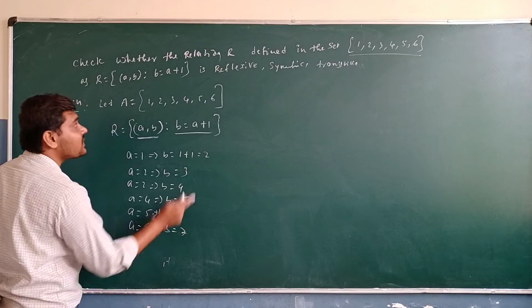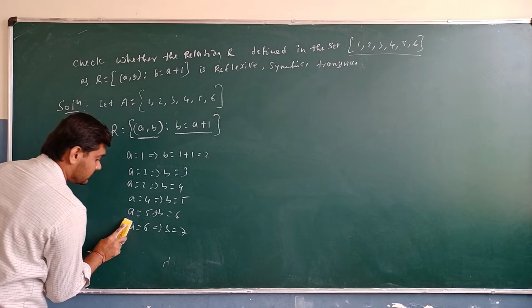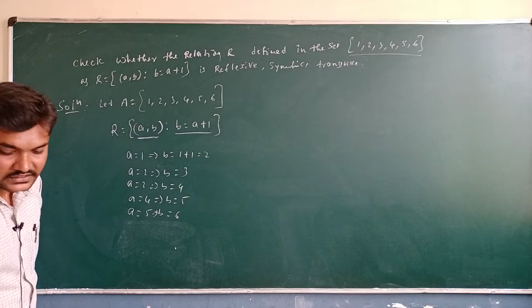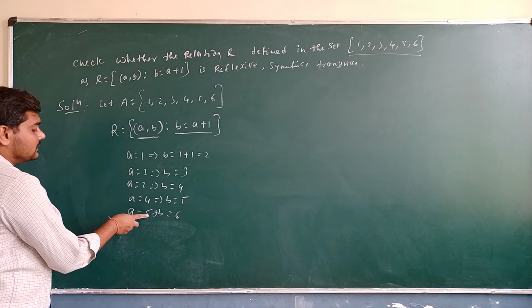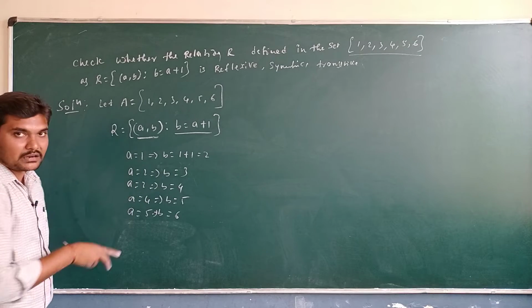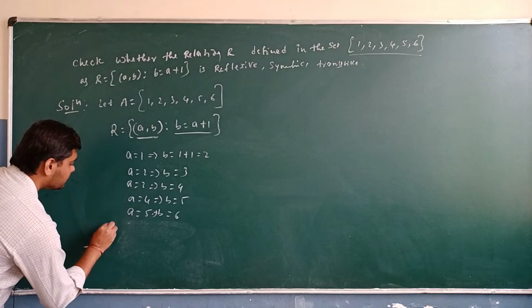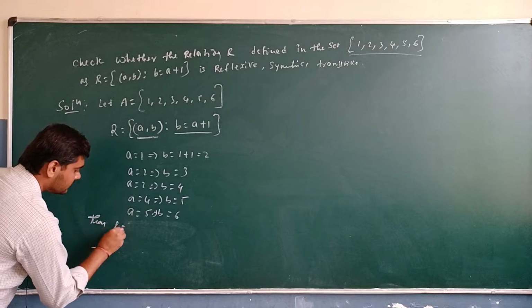No, because 7 is not a member of the given set. So the last one, a is equal to 6 and b is equal to 7, is not going to satisfy the given set. We can say that in this one we have just 5 ordered pairs here. So let me give the relation R is equal to,